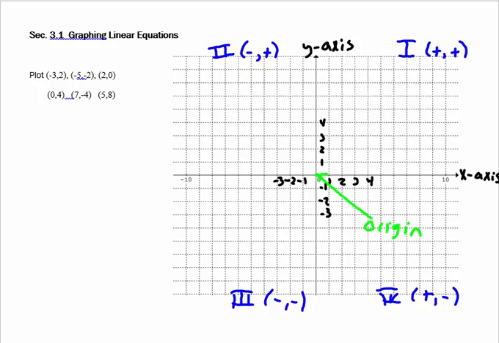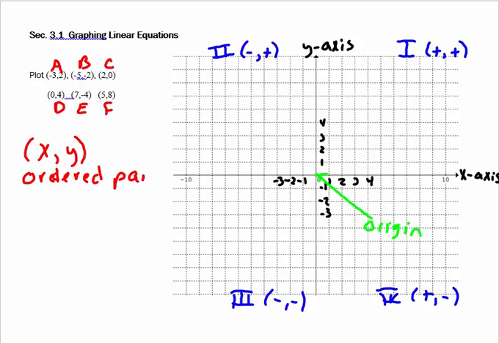So let's go ahead and plot the points. We'll label these points A, B, C, D, E, and F. So A is (-3, 2). Every ordered pair has x first and y second. So all points on the coordinate plane are written as ordered pairs. So x is -3 and y is 2, which says go to the left 3 but up 2, and that would be point